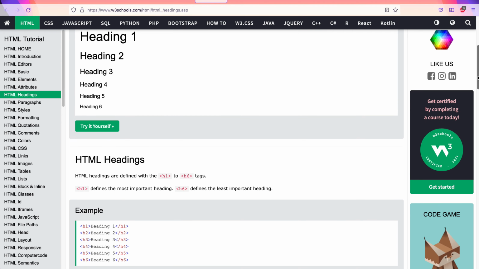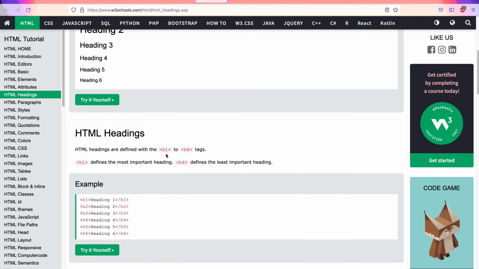There are tags called H1, H2, H3, H4, H5, and H6. So if you ever want the top level heading, heading 1, then we put the text that we want to show as a heading in an H1 paired tag. Likewise, if we want text which is a second level heading, we will put that inside the H2 tag, and so on and so forth.